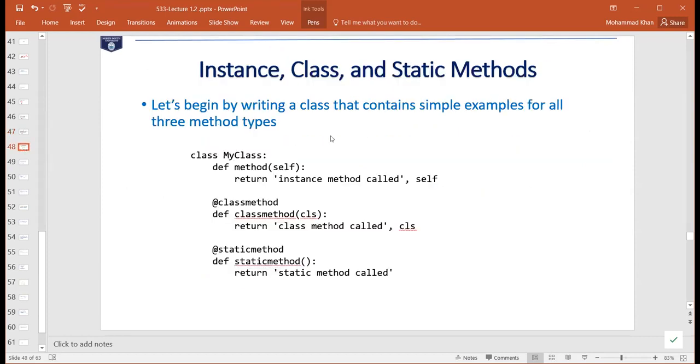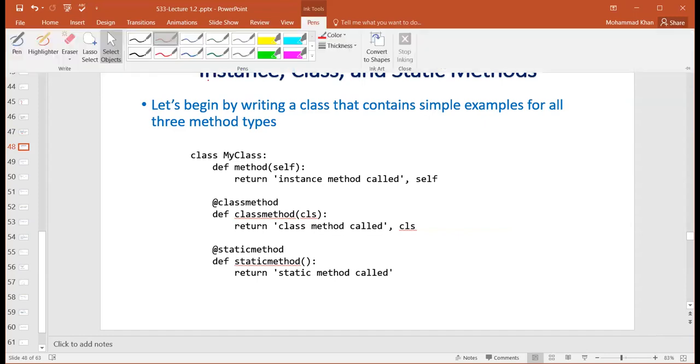Now to define different kinds of methods, we can just